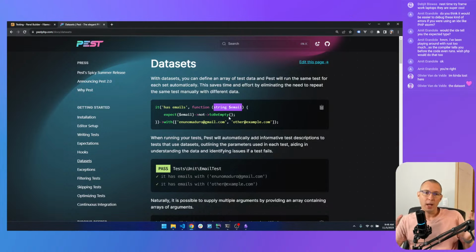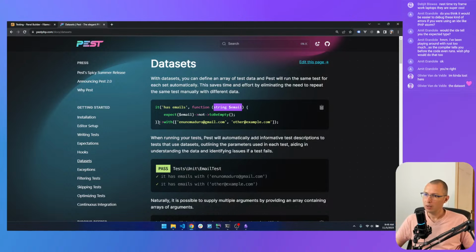But what happens if you need to run that exact same test with different emails? One option would be to create two separate tests, one for each email value. But the better option is to use a dataset, which basically injects different values into the same test.